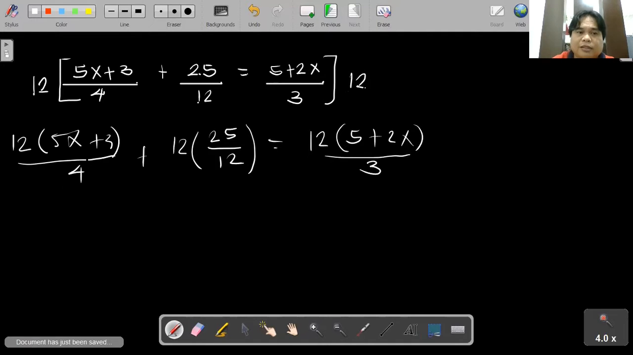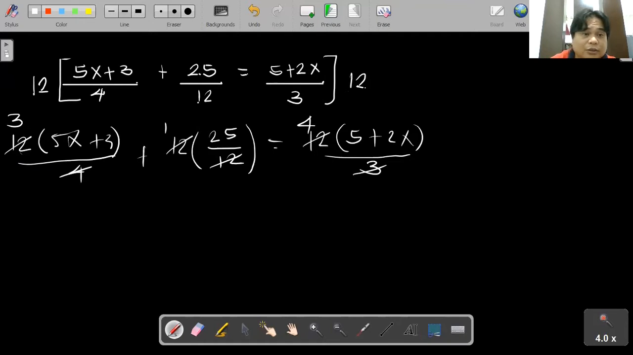Okay, and then from there, simplify 12 and 4. That can be simplified. You will have 3 here. 12 and 12 as well. That one cancels out. You'll have 1. And then 12 and 3. 12 is divisible by 3. That one cancels out. Then you will have here 4. Okay, the only thing left to do now is to distribute. So 3 times 5x, that becomes 15x, plus 3 times 3, that's 9, plus 25 is equals to,